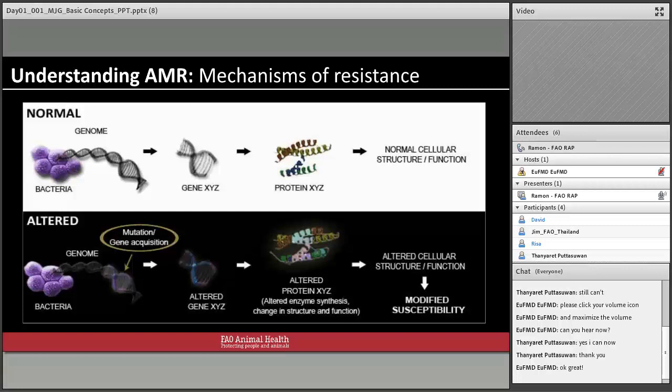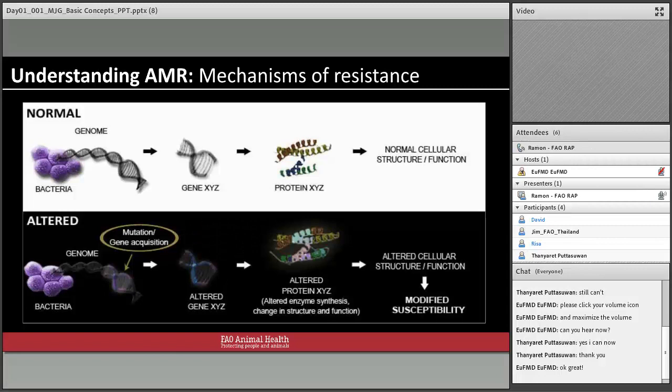Well, the principle for this again roots back to the molecular mechanisms of resistance. You know that the gene codes for proteins, and the gene expresses the protein, and that's their normal cellular function. So a bacteria with its normal capacity has normal cellular structure and function. The way that they produce their cell wall, the way they produce their ribosomes, the way they produce even their own DNA, these are all coded in these genes. And once these are coded, this is the normal process.